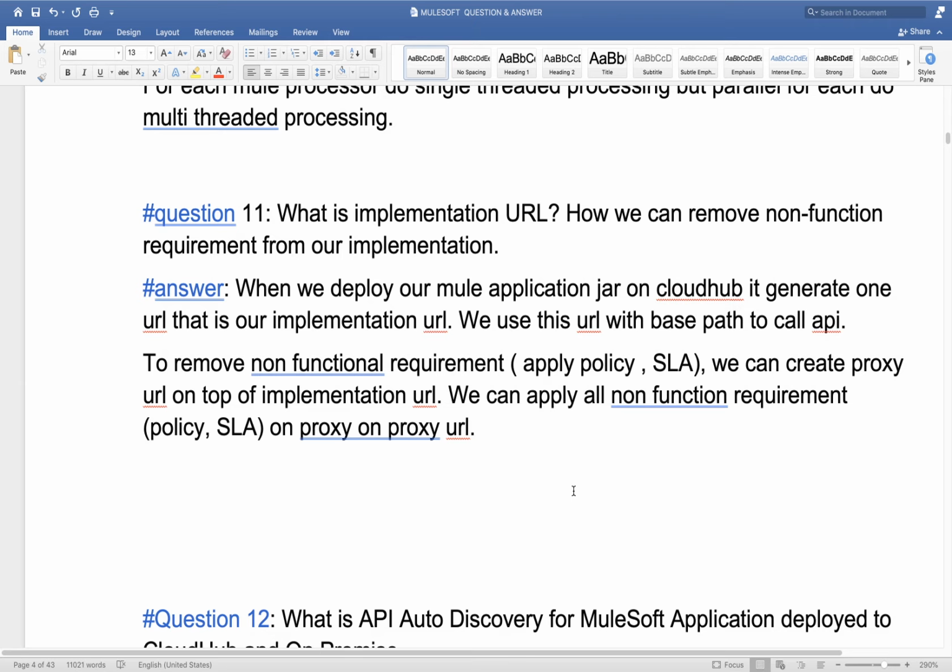The second part, how we can remove non-functional requirements from our implementation: we will create a proxy URL and apply all the non-functional requirements on the proxy URL. This will be your answer. Many people have mentioned they faced this question. All the questions you are seeing here were asked in interviews, and these are asked very frequently.